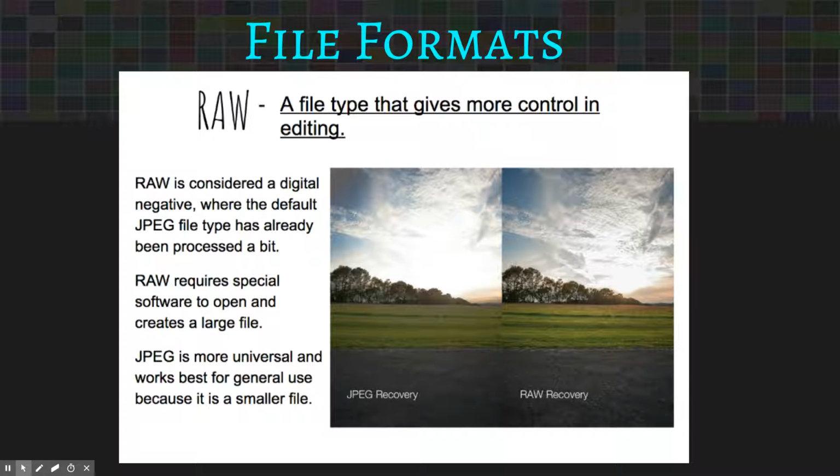So automatically, we have JPEG files created from our camera. When the information hits our sensor, it's processed into a JPEG file. But if you're photographing a very important event and you want to make sure you capture every single pixel from that moment, you can